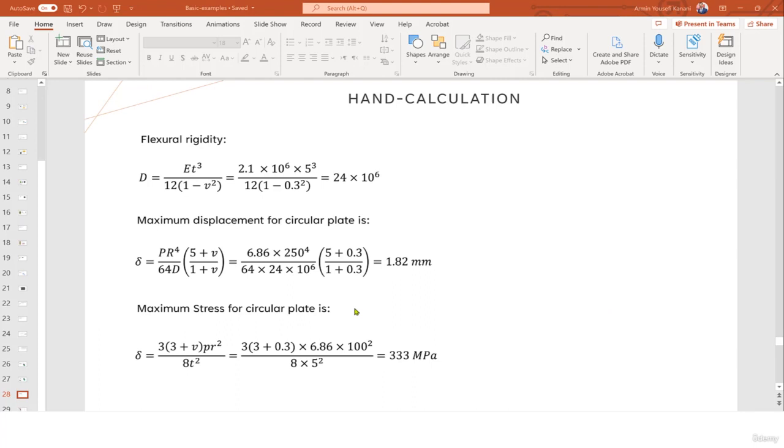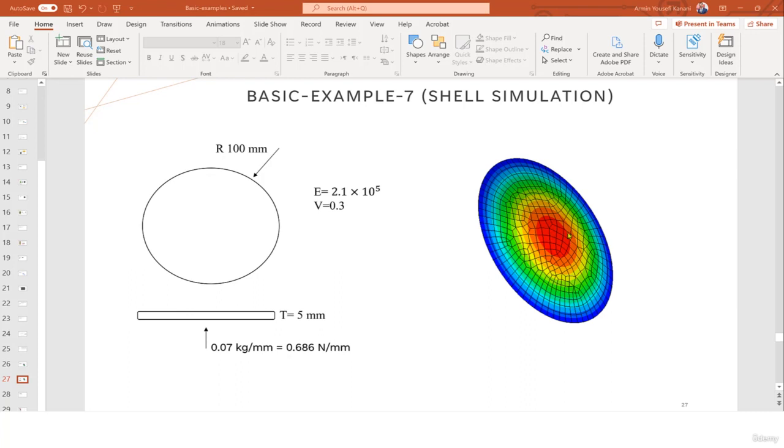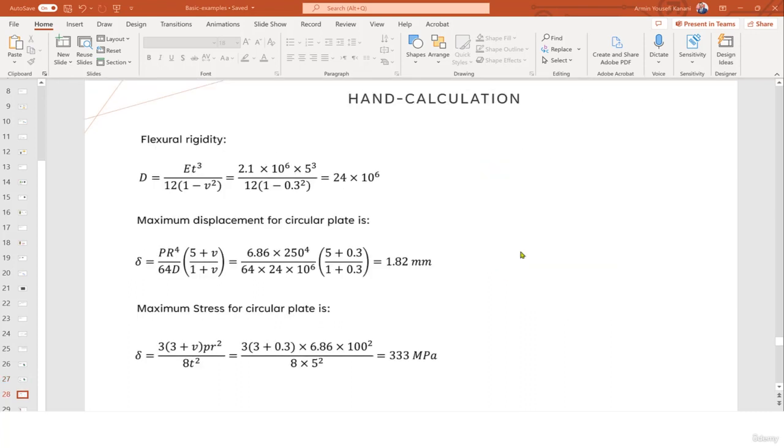So we have a formula for finding a maximum displacement, which happens in the middle of the plate, which comes from this equation. And in this equation we have something called D, which is a flexural rigidity that we can calculate from the top. So it's Young modulus times thickness cubed divided by 12 times 1 minus Poisson ratio squared. So if you substitute